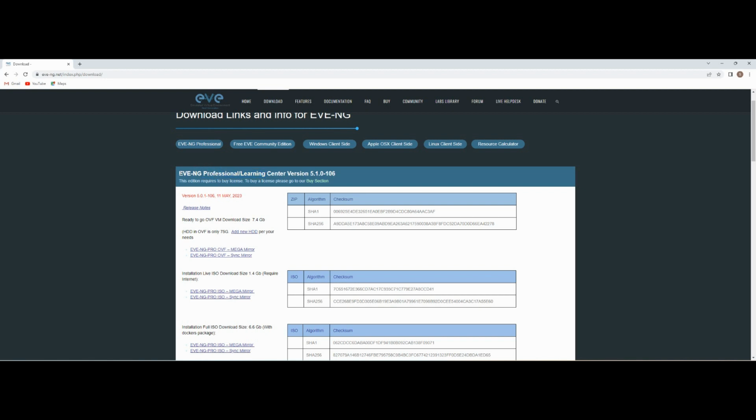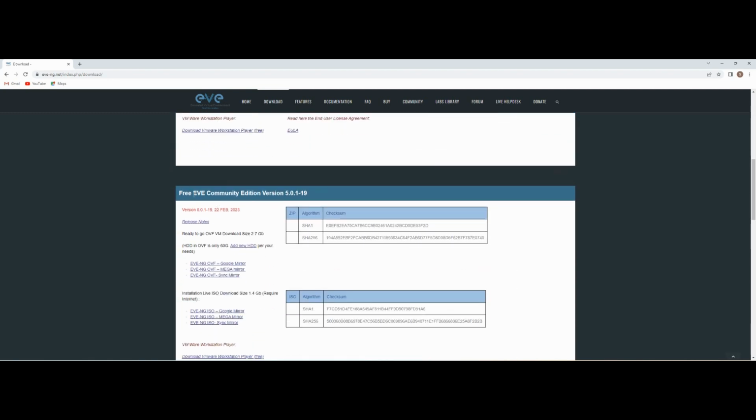But it's suitable for the learning center, and it's providing some extra features for the students to work on the same lab at the same time. But the free version, the community version, is free and you can download that and use that on your laptop. I think it's more than enough for a home lab,